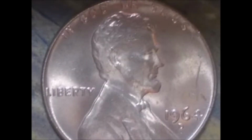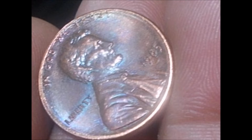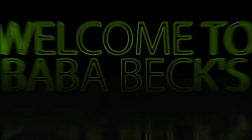There is some doubling right there. I can see it clear, subtle. This 1985 has some kind of a lamination on it that makes it shine. 1982 small date zinc, D missing, clear shot. 1971